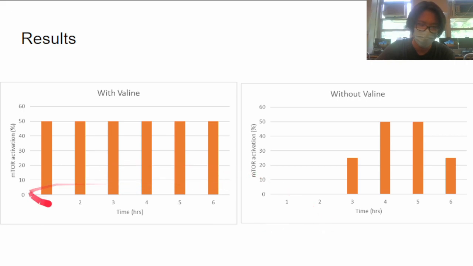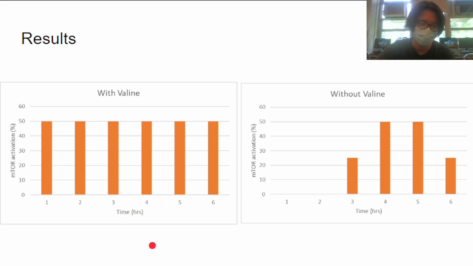So if everything goes as expected, this should be the expected result. With valine, it's constant mTOR activation over time. However, without valine, we should see an initial decrease in mTOR activation since amino acids aren't present to activate RAG-GTPase. However, the absence of amino acids should activate PI3K, which will cause a spike or reactivation of mTOR before there's